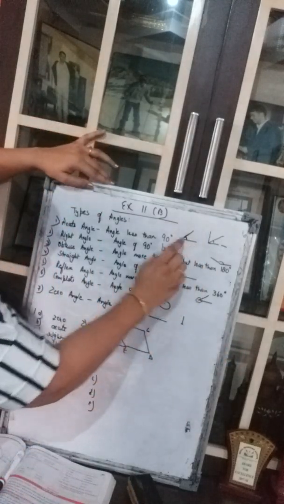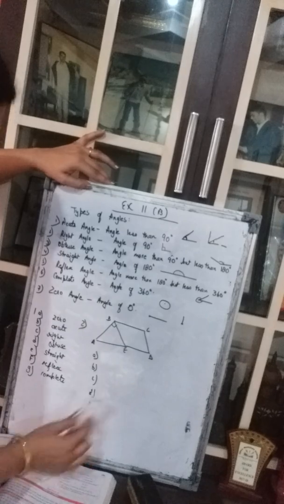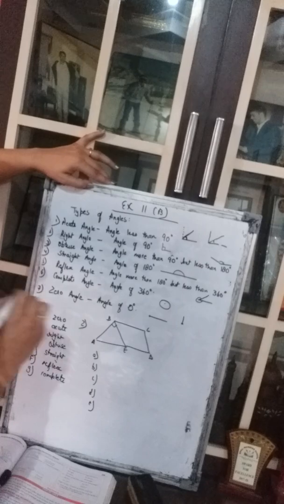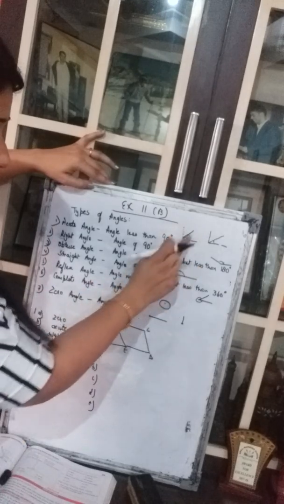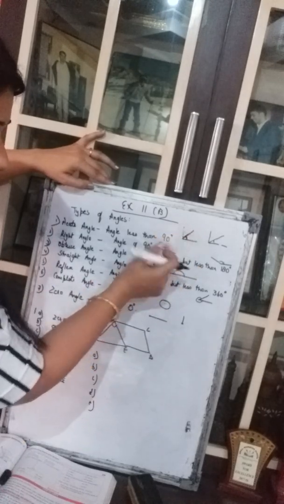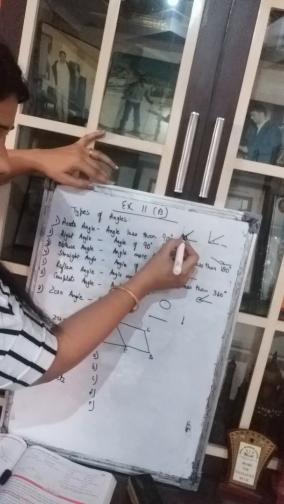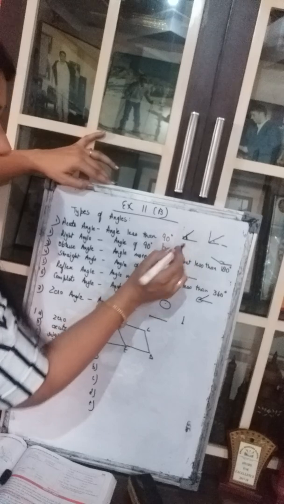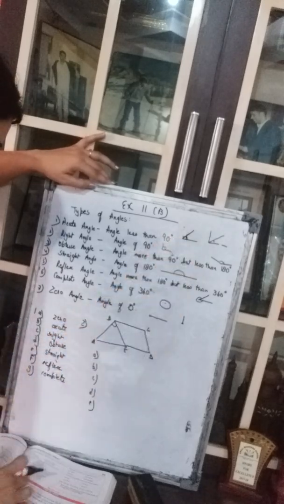So just think, it would have been 90 degrees if it had been straight like this. This line would have been straight. But since the line is less than this, the angle is very small. Otherwise this whole would have been 90 degrees. But now the angle is only this much. So that means this is an acute angle.